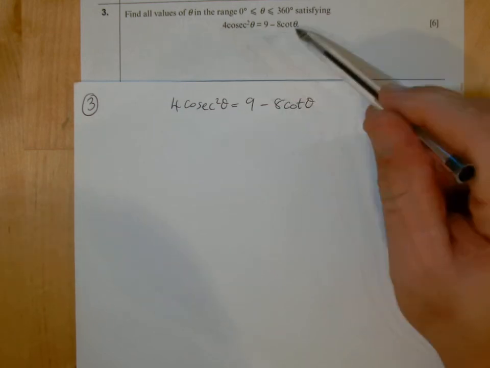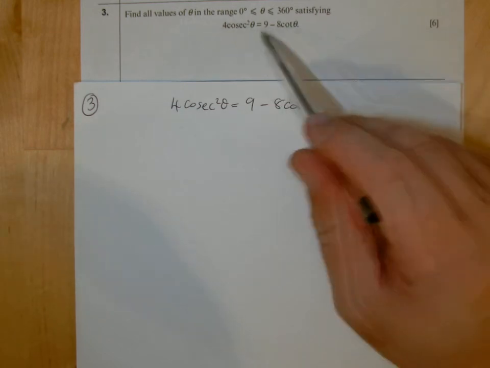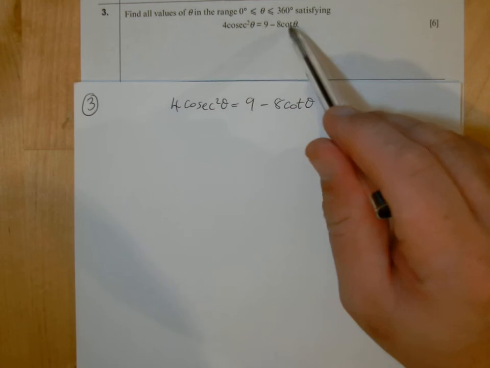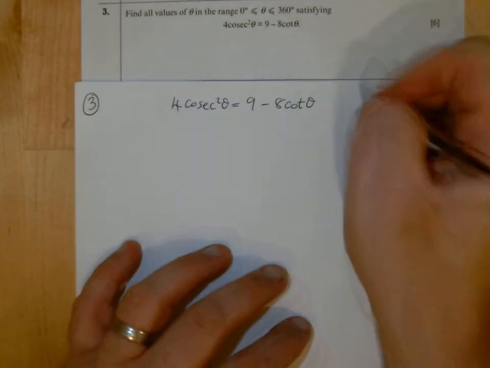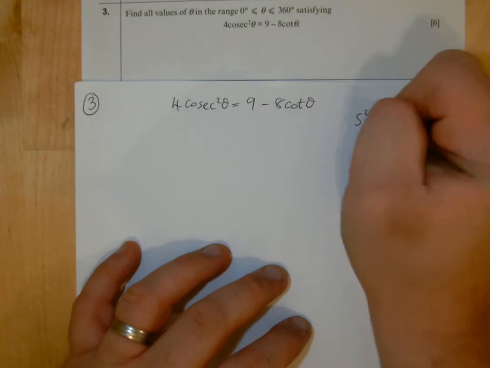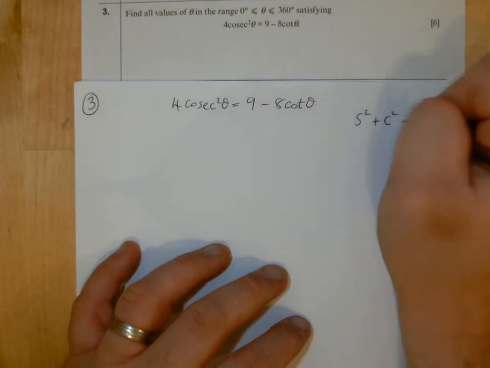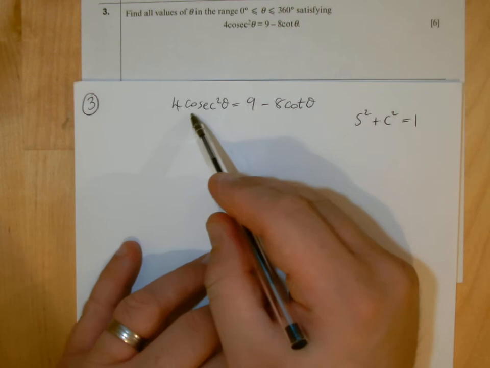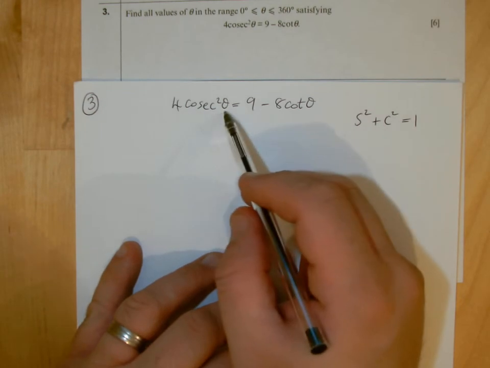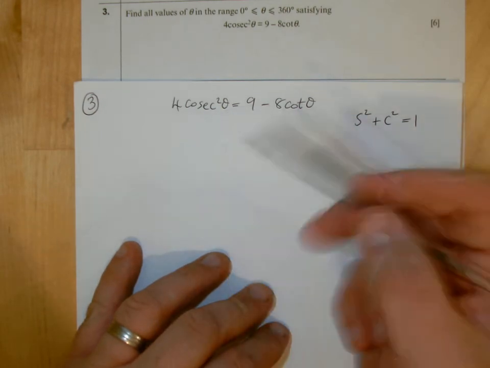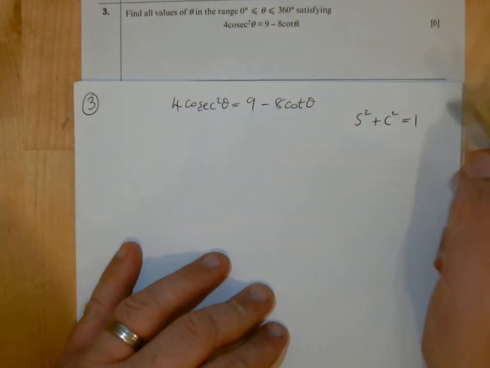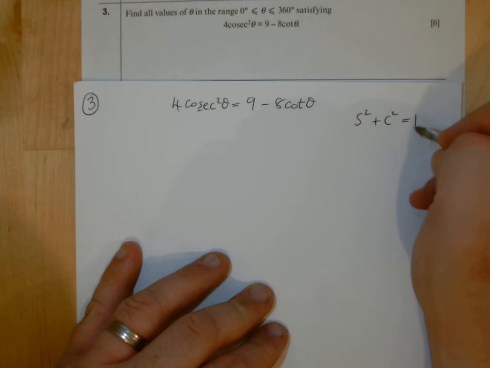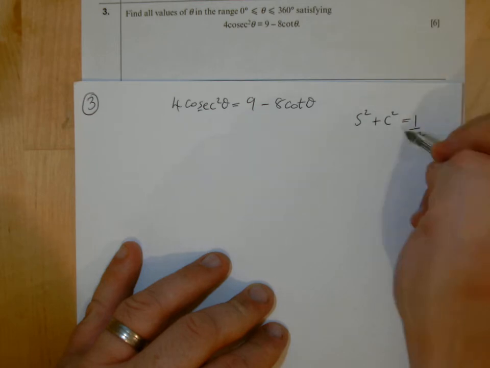Okay, so when we solve this trigonometrical equation, you notice here the one that isn't squared we can't change. So we can't change cot theta, but we can change cosec squared theta. So remember, if you can't remember the results, just go back to sine squared plus cos squared is 1. Because I want to replace the cosec squared theta, I just need to appreciate that cosec is 1 over sine. So to get cosec squared theta, I need to divide by sine squared,